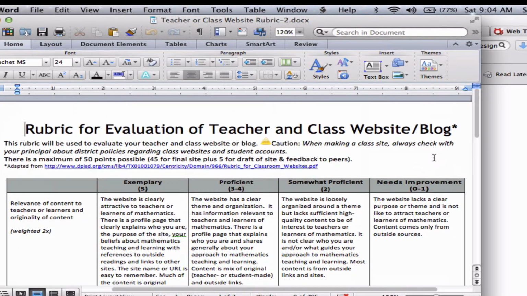So you want to take a look at this rubric, and what I want you to do is use this rubric to evaluate 2 teacher websites of your choice. On the sites, on the links on the assignment page, people just doing a random search,